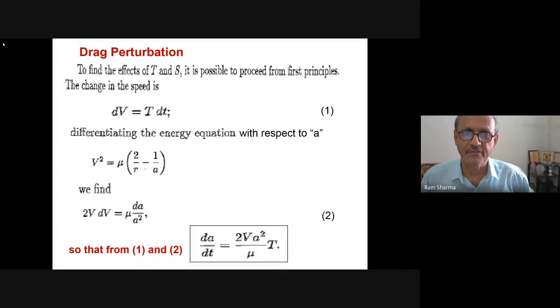This drag perturbation is an area where we can use drag in the restricted three-body problem. There is limited work. Some work is there, and that also I will tell you, how it can be used. And since I have enough knowledge in this area, having worked in ISRO and having developed so many theories on drag, we will see how we can work with drag perturbations in the restricted three-body problem.